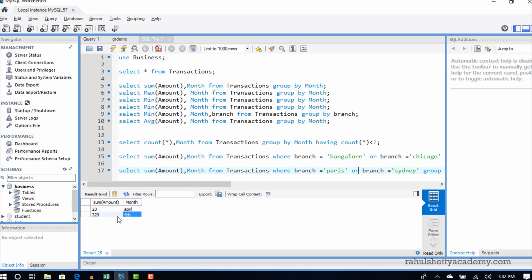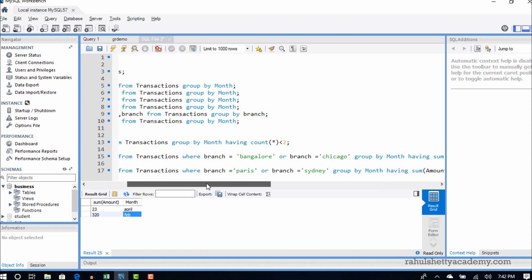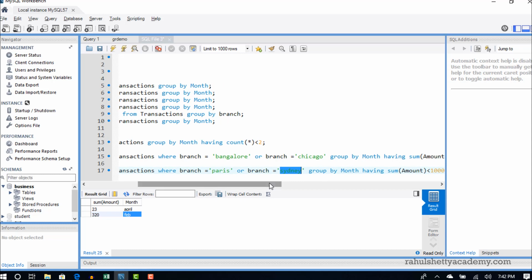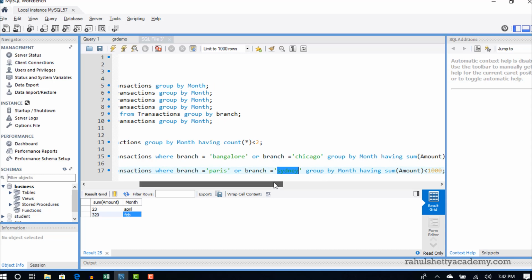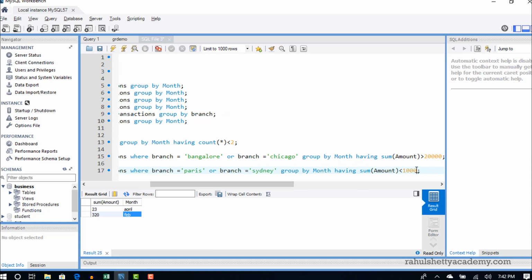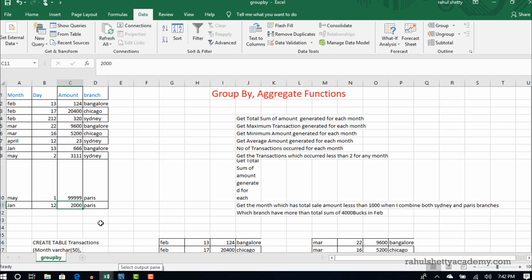So that's the reason you don't have it here. So these are the 2 months when you combine both Paris and Sydney. Whether they exist or not doesn't matter. If they exist, combine. If they don't exist, leave it. So in these branches, you did not cross even 1000 for months February and April. So this is how you can come to a conclusion.